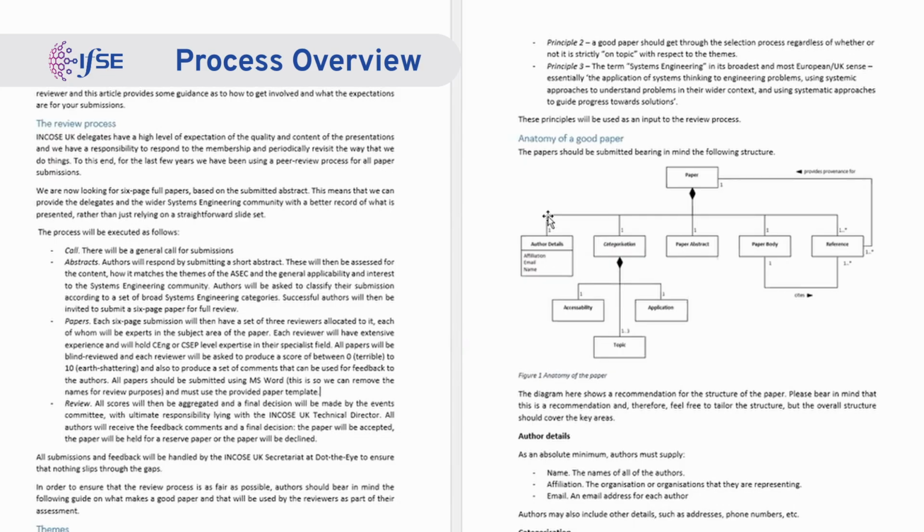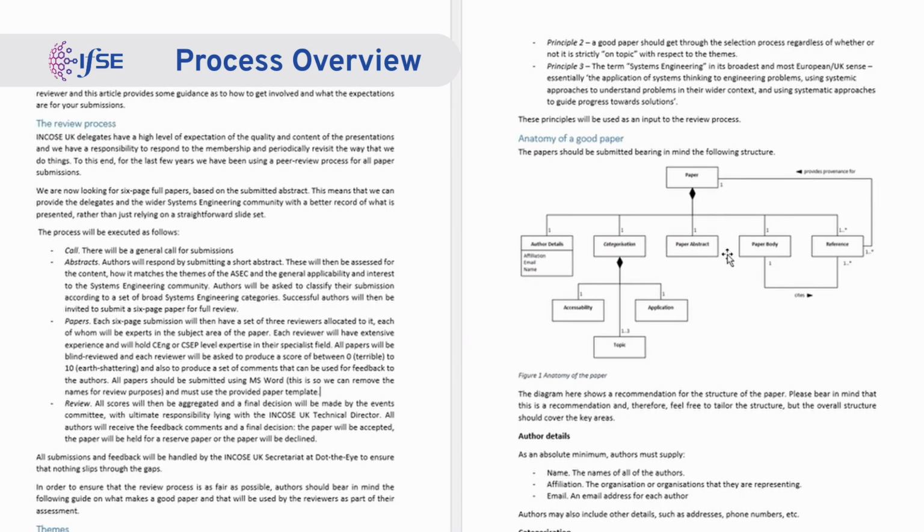And bear in mind that the quality of the papers these days is very, very high. When I took over as technical director, there wasn't a particularly good review process in place, and to be honest, there was all sorts of stuff getting through that I don't think should have got through. So we've got quite a robust paper processing at the moment, which I'll talk you through in a moment. But to begin with, what I want to talk about is what makes a good paper.